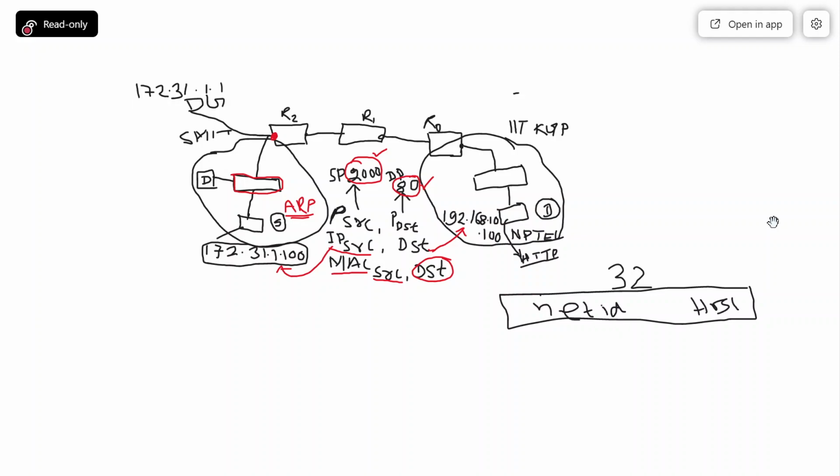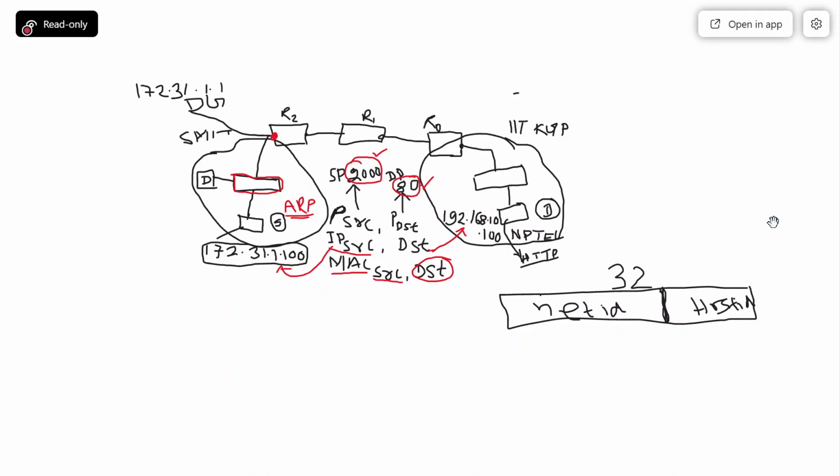Okay, the significance of net ID and host ID is that when you are moving over the network, especially on the internet, you may imagine how packet switching will be done. Packet switching means how a packet will move.